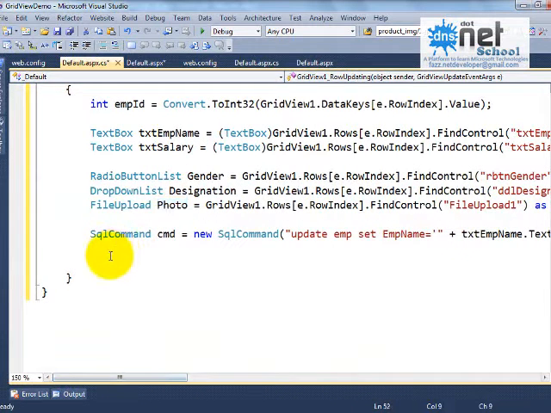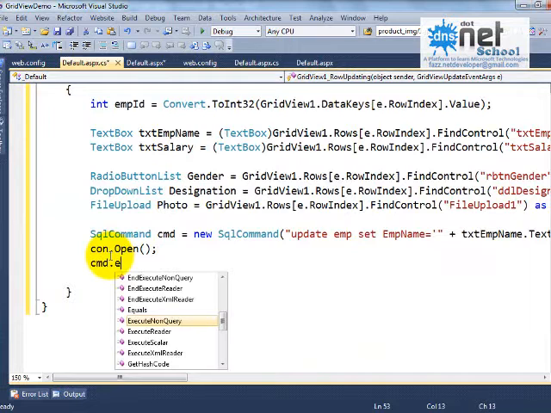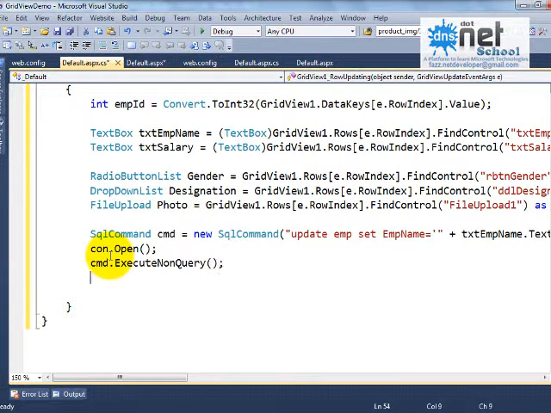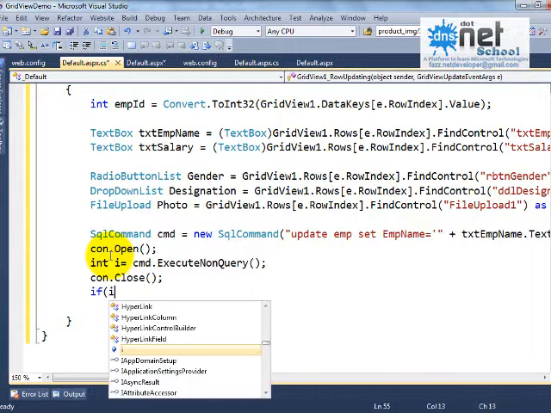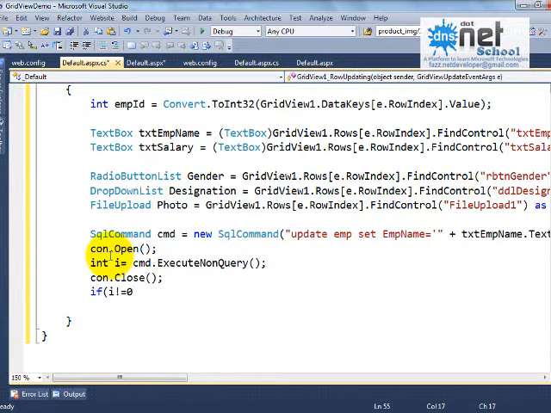Okay, open the command and execute the command, close the connection. Okay, and make use of an integer variable here, i equals to something. Then if i not equals to 0,